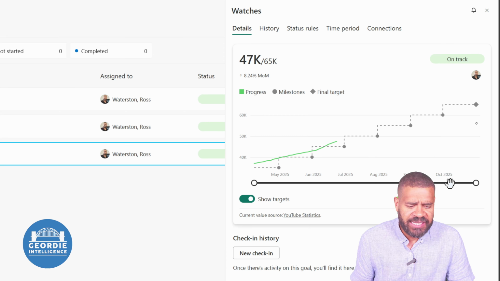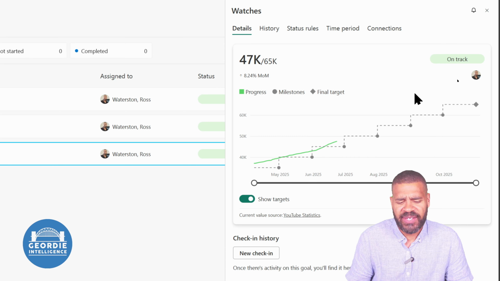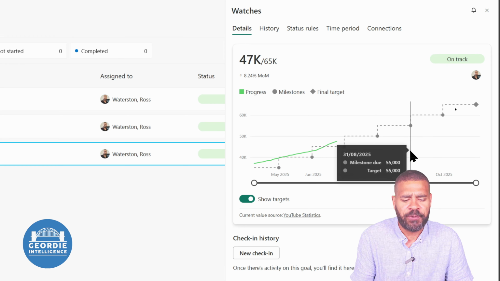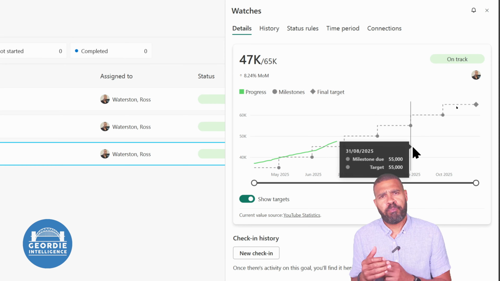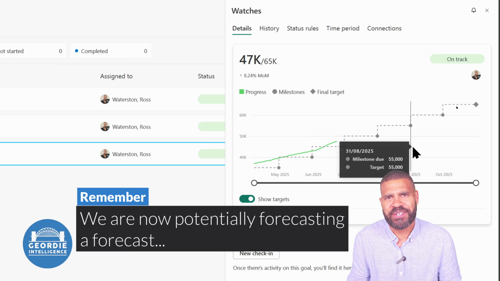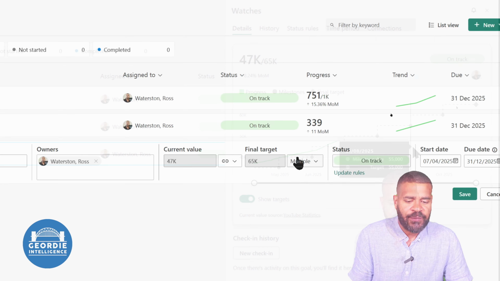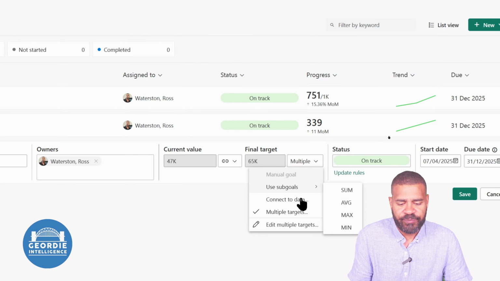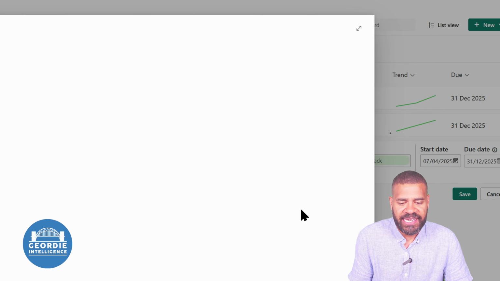And in terms of these, one of the things I do like, especially if you break these down, is it makes it clear as to what it would be. And it's not impossible to piece those together. It's a bit more awkward because it takes a bit more time. You see the final target, got multiple targets, we can edit those.